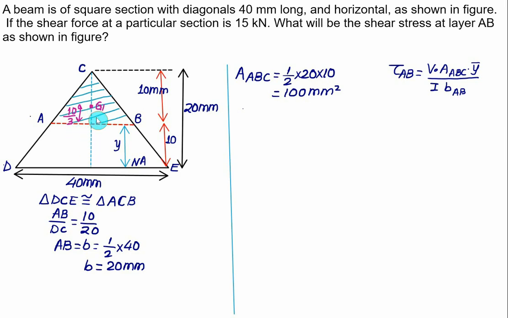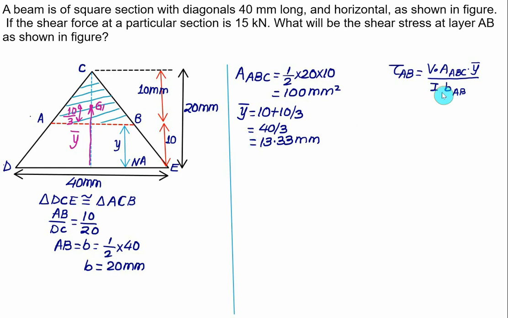And the total distance from the neutral axis will be equal to y bar. So from the neutral axis, the centroid of the triangle ABC is at a distance of 10 plus 10 by 3. So we have 10 plus 10 by 3, that is equal to 40 divided by 3. 40 divided by 3 is the same as 13.33 mm. We know the shear force is equal to 15, area is known, y bar is known,